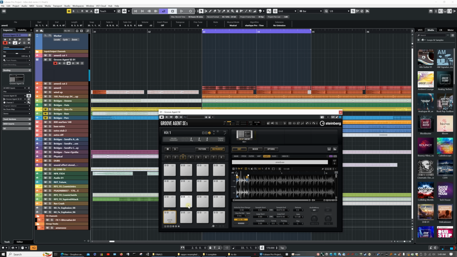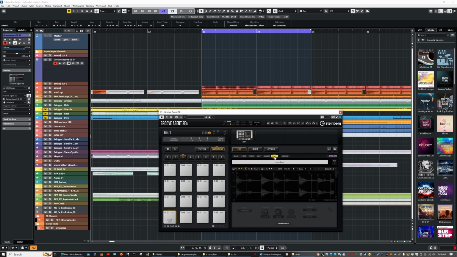So I loop up at 170 and two different modes, pattern and instrument. We're in the instrument mode, and now we're going to flip it to pattern mode. In instrument mode, really simple, I go to slice, and then you can see here our transients are worked out by Groove Agent's algorithm, and that's what it's going to slice at, but it's not set in stone, so it's really tweakable as well. So you can see it all shadowed out. I create slices, there's my slices,